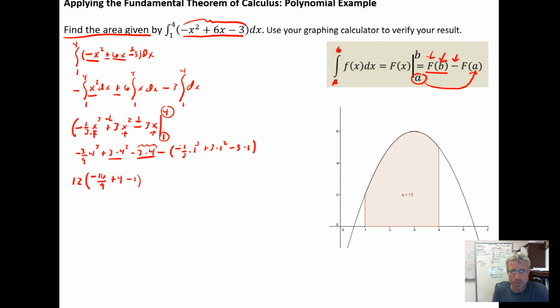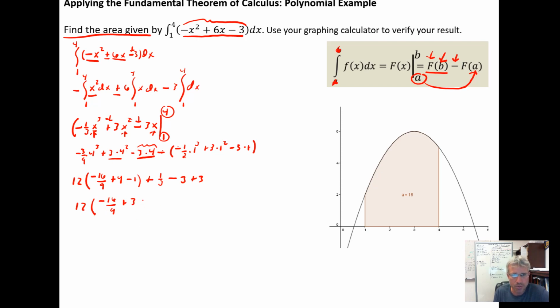And now I can distribute the minus sign here into the parentheses, so a double negation is a plus. 1/3 times 1 cubed is a 1/3. Negative, positive, negative. 3 times 1 squared is 3. Negative, negative, positive. 3 times 1 is 3. And then we just start simplifying. So I get 12 times, and right here I have negative 16/9